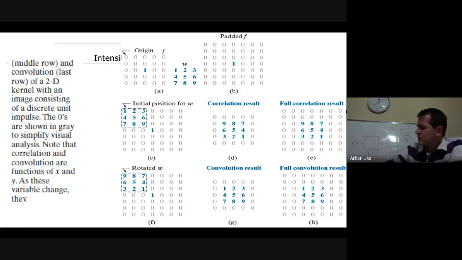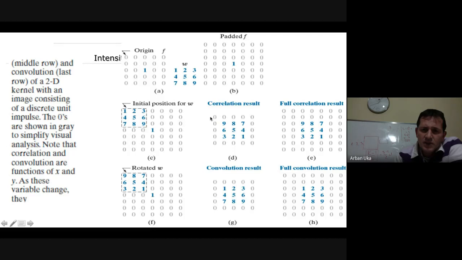Similarly, if the kernel is 3 by 3, then this would mean 3 minus 1 divided by 2. This is 1. So that means that the original image, which is 5 by 5, you add 1 zero padding. This becomes 7 by 7, and the first position, which is shown here at figure C, is going to give a 0 at the